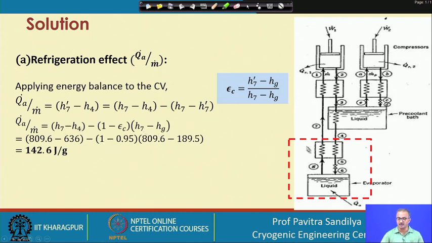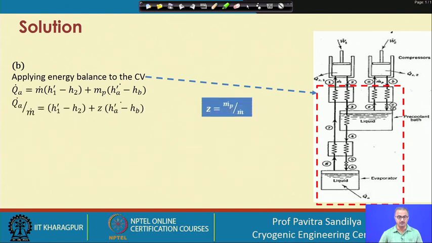So here we are finding this particular thing. This is the expression we get by considering the effectiveness, and here we find the value of the heat effect, that is, this much of the energy will be taken up from the refrigerated space by the liquid. Due to the ineffectiveness, this amount of heat is coming down, and you can see very easily that if this is 100% effective, that is, this epsilon c is 1, then this expression will not be there. So this evaporation effect would be increasing, so this cooling effect is decreasing because of the ineffectiveness of the heat exchanger.